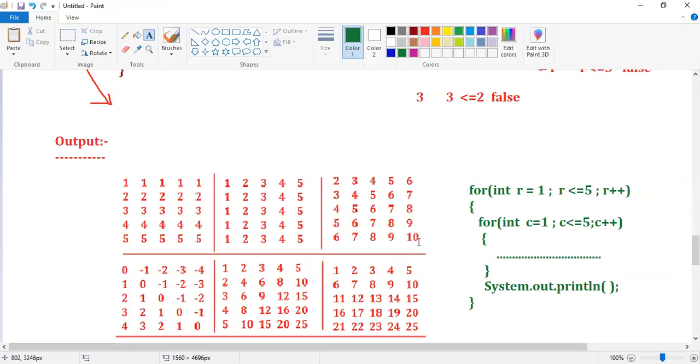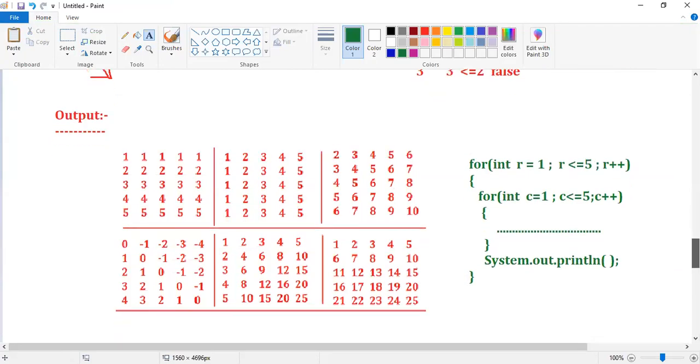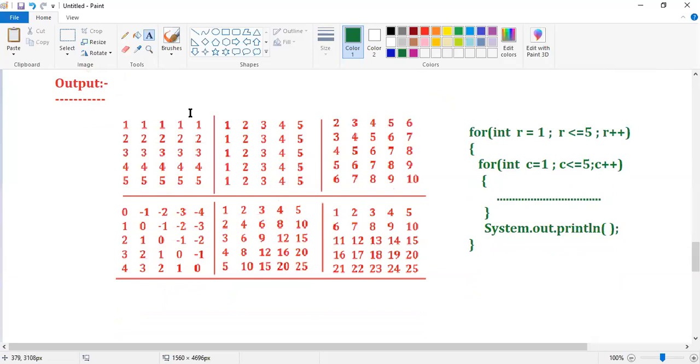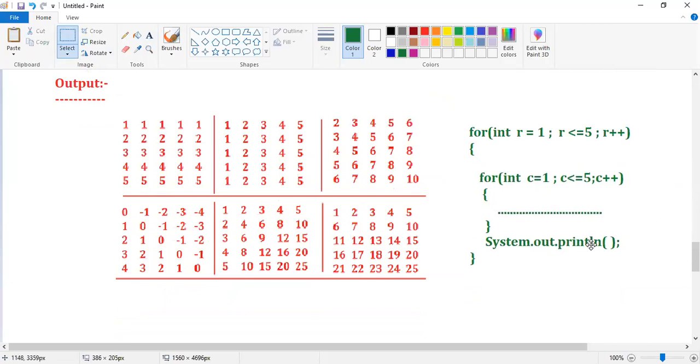For all these things, you have to write the same logic, guys. For only one program, the last one, we have to do one small modification. In between these two lines, we have to write one small line here. That's it. This is your basic flow, guys. How to do it, that's your task. How many rows, how many columns, decide based on that.